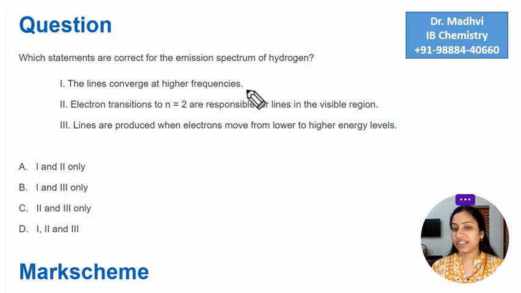The lines converge at higher frequencies. Electron transitions to n is equal to 2 are responsible for lines in the visible region. Lines are produced when electrons move from lower to higher energy levels. So first of all,